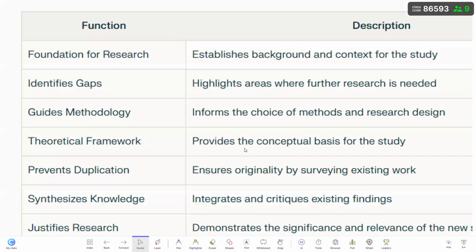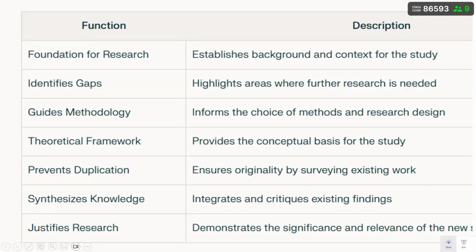Now, this is the basic idea of doing a literature review. I will show you now how to download an article, how to do a review, and how to identify a gap very quickly, taking a maximum of 10 to 15 minutes, right? So